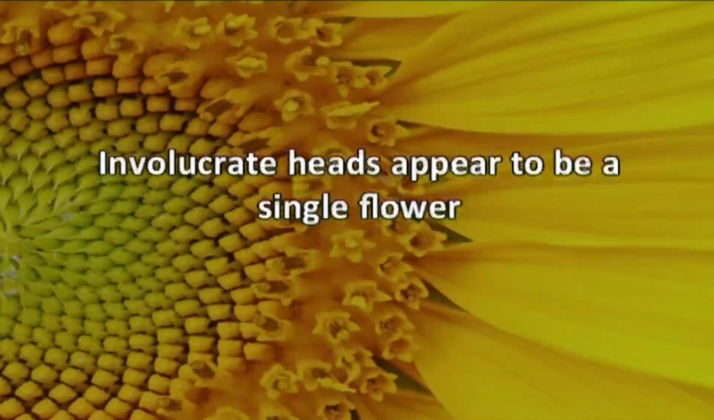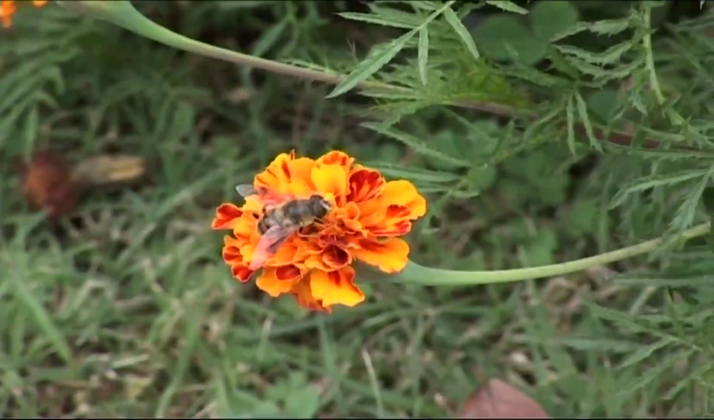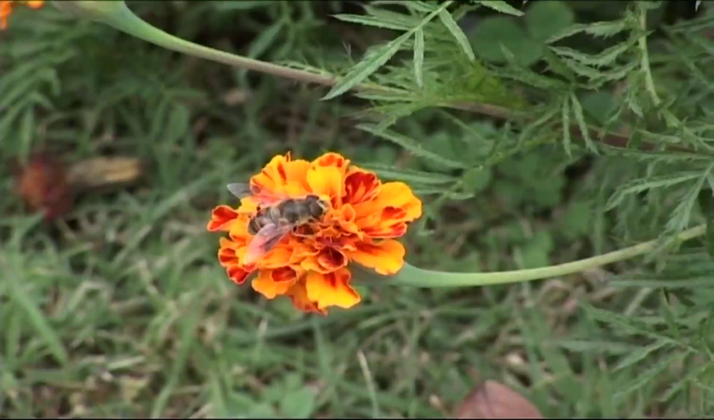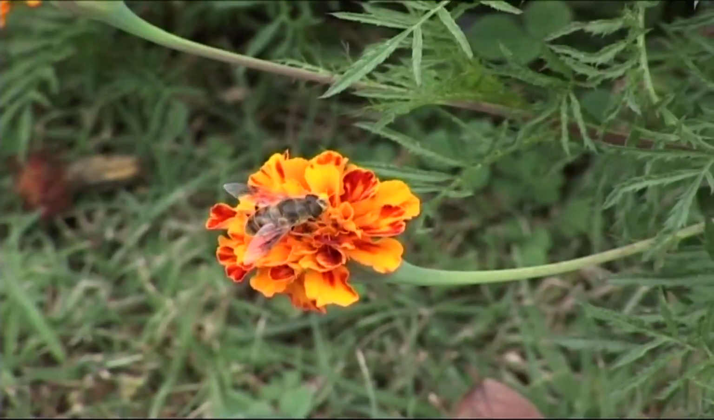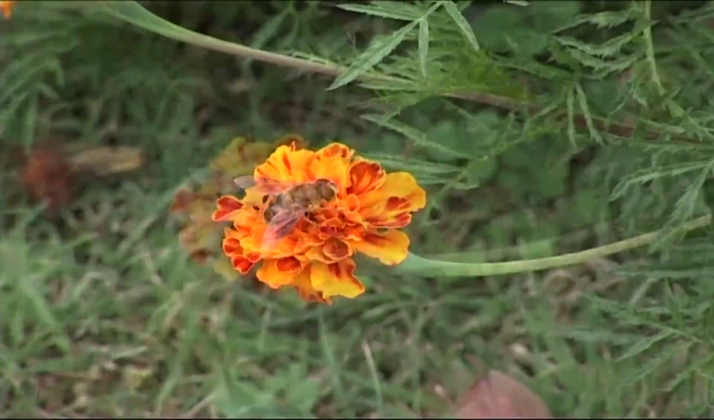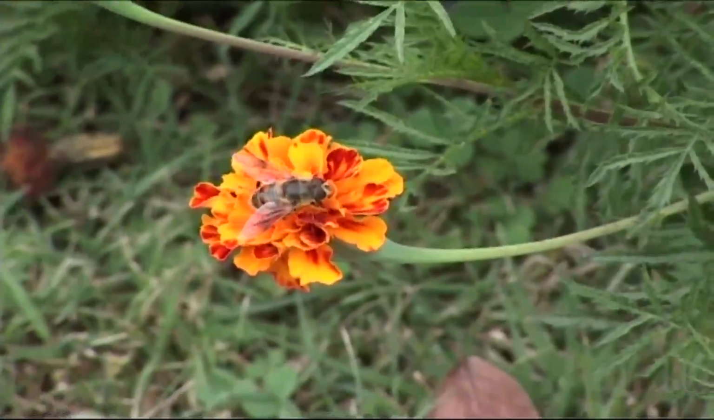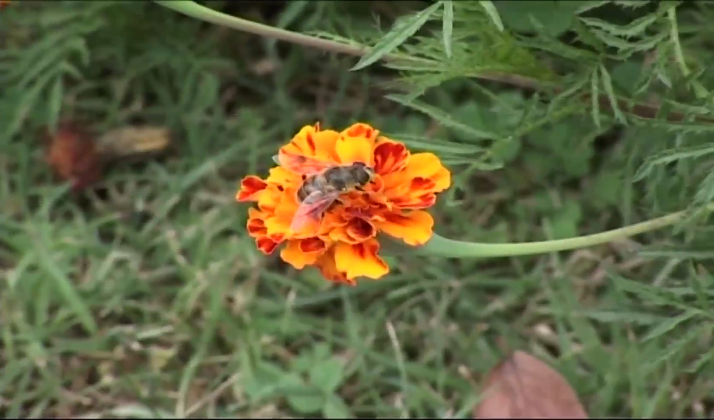In fact, the involucral heads usually appear to be a single flower. In case of radiate heads, ray florets serve to attract pollinators. And the central disc florets mature centripetally. Usually, the pollinators land on the ray florets on the outside and deposit pollen from other plants on the stigmas